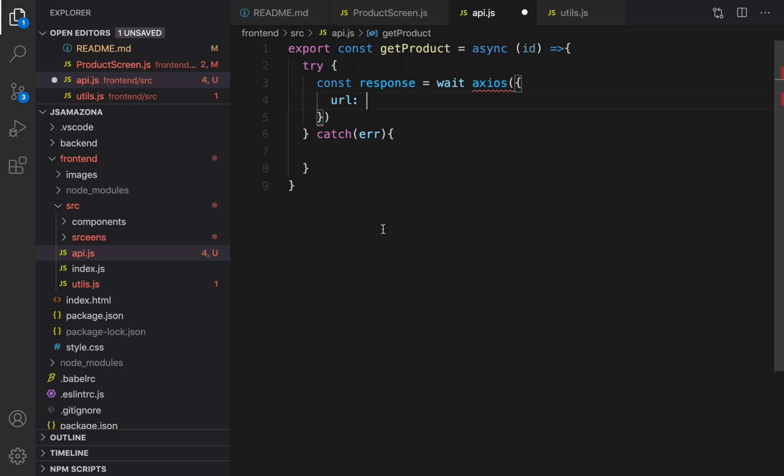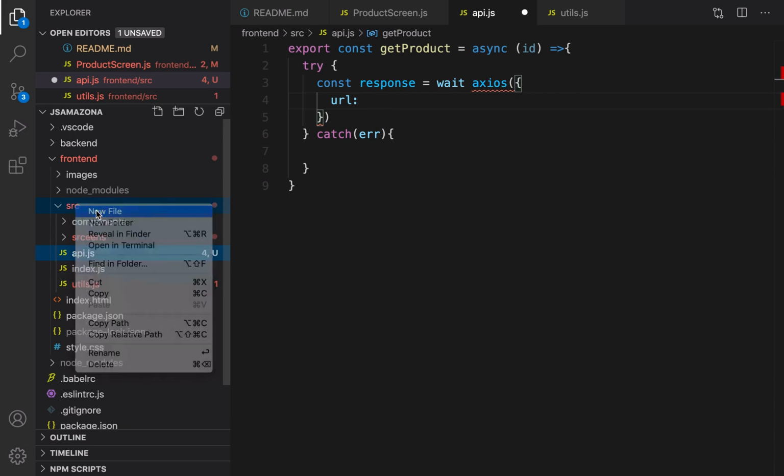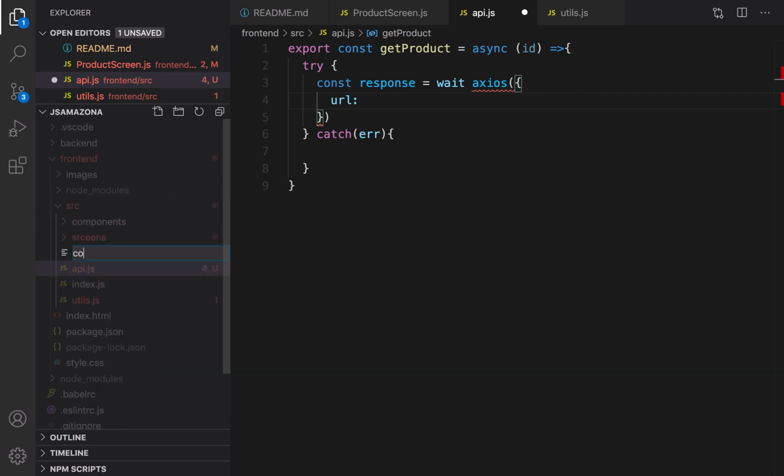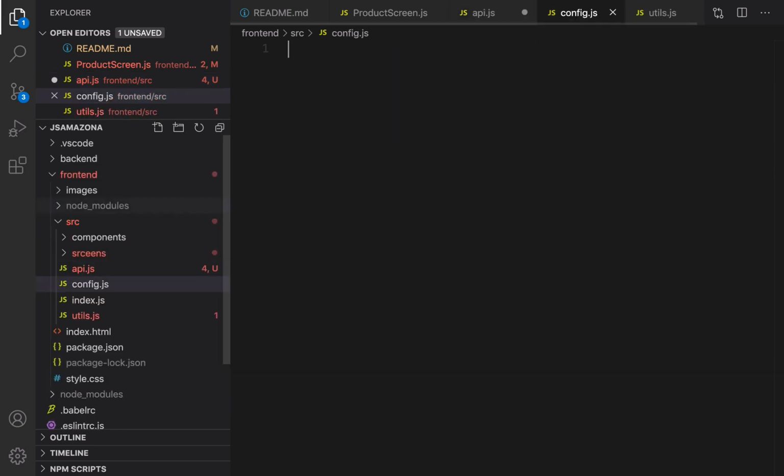So I just define a config file inside src like this and set the file name to config.js. In this file, all configuration of the front end should be set. Let's define export const apiUrl equal to, the address is